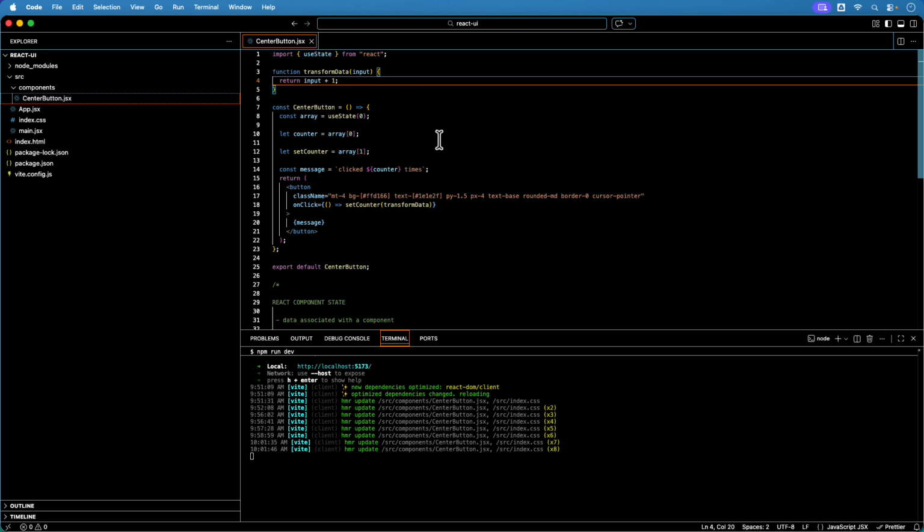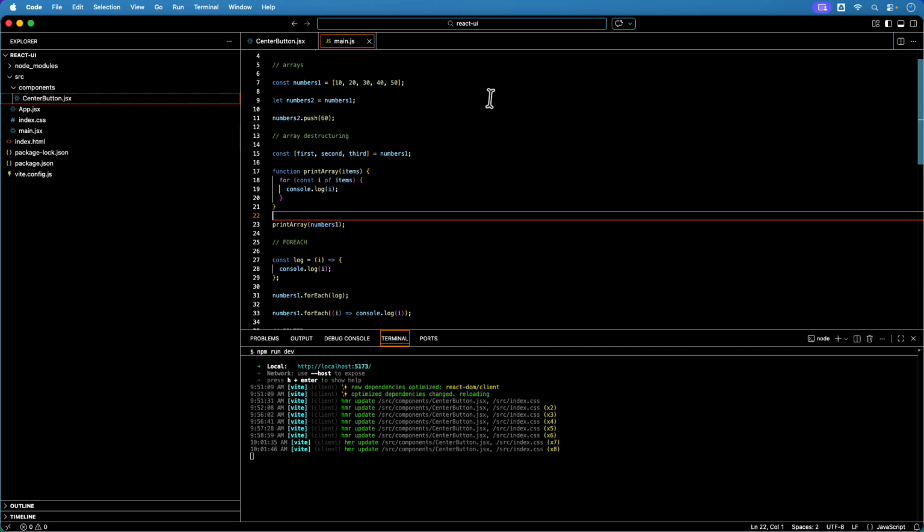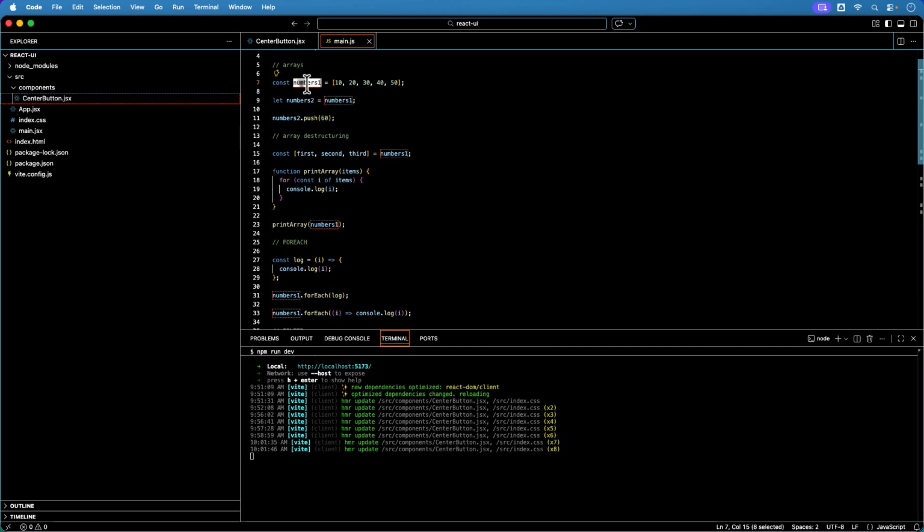I would just like to tidy this up a bit. This is rather clunky JavaScript here, and we can tidy it up. To do that, I'm just going to refer you back to our lesson on JavaScript arrays. Let me just show you some code we looked at there. So I've just dragged that code in, and we can see we created an array here called numbers1, and it contained 5 elements, and we said there 10, 20, and so forth. And then a little later on,